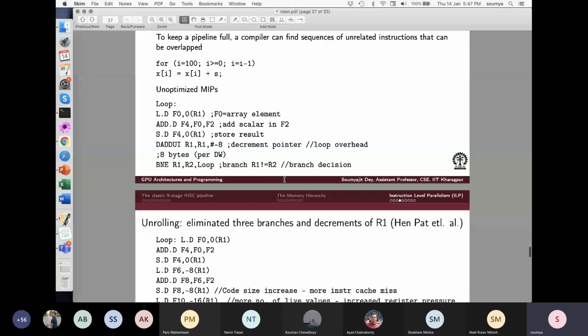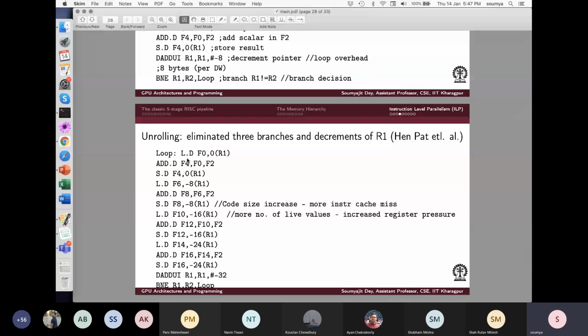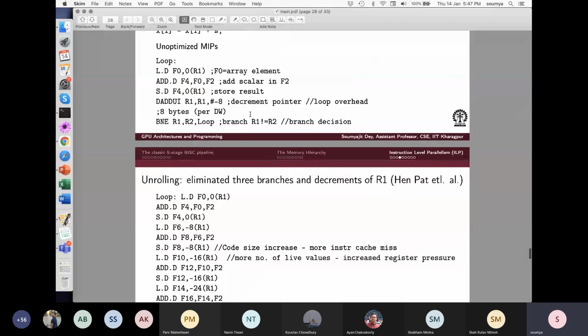Like if you unroll a loop, then as you can see, every loop execution has got an overhead. Overhead means I have to calculate the branch address, then I have to decide whether to jump or not based on the loop condition. I have to actually evaluate the loop condition, whether this is happening or not. For that, we have already given you the assembly program here. Now, what will happen if I execute a normal loop? Every iteration of the loop will also mean I have to execute the loop overhead. But if I unroll the loop, then the number of times I have to execute the loop overhead instructions is decreasing, right?